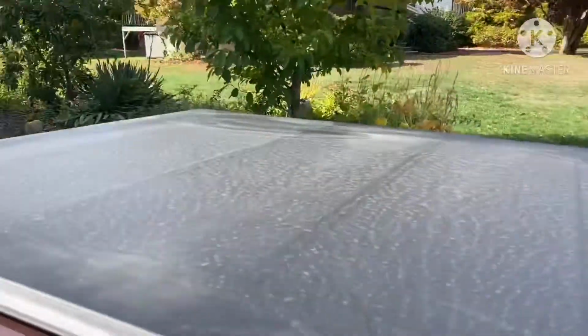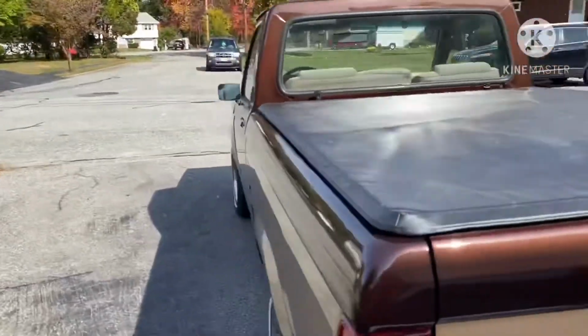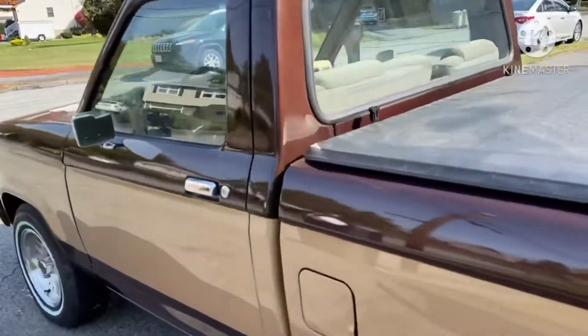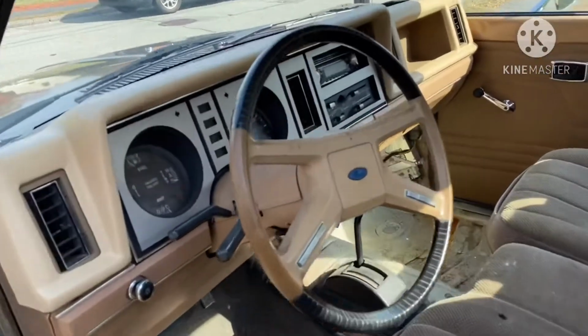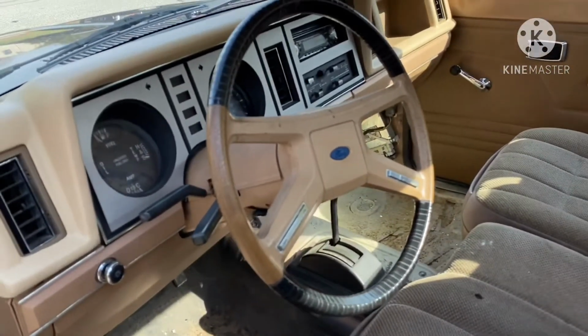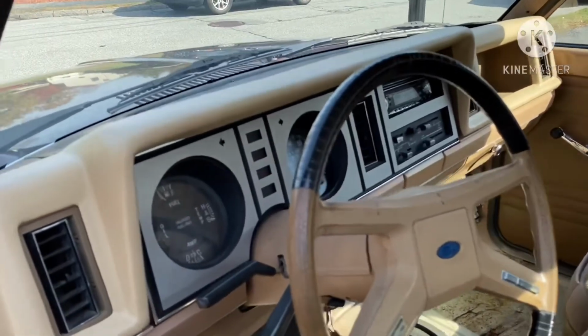Interior wise on the truck, we've got a bit of work to do. So we've done some stuff, but not everything. And it's a little bit piecemealed right now, but the steering wheel's a little rough, but it works. Cruise control works. The bezel here,